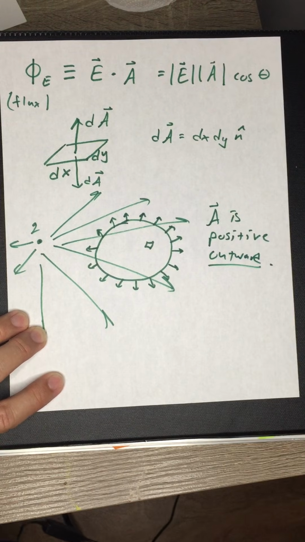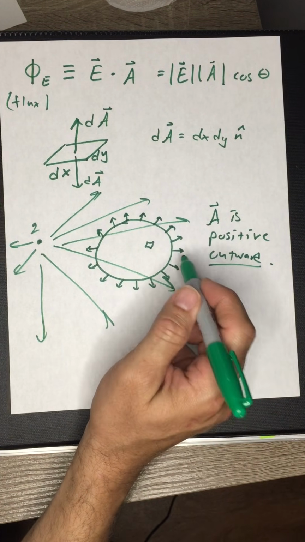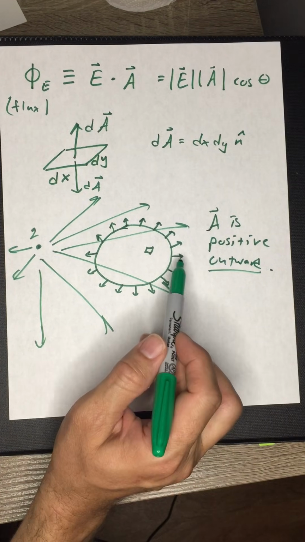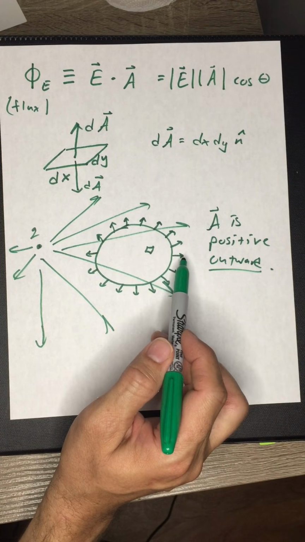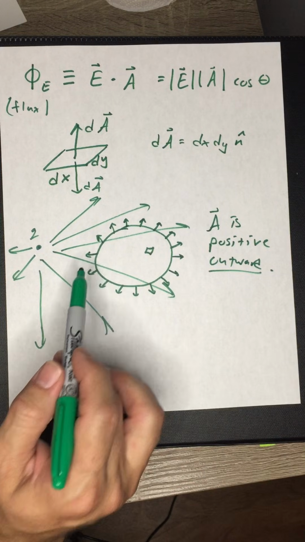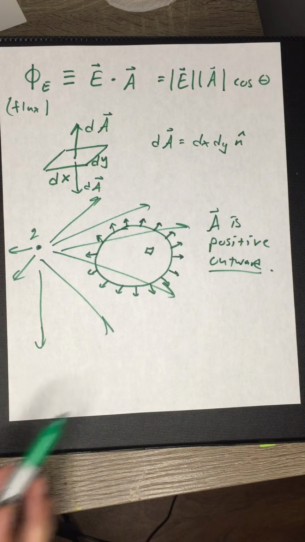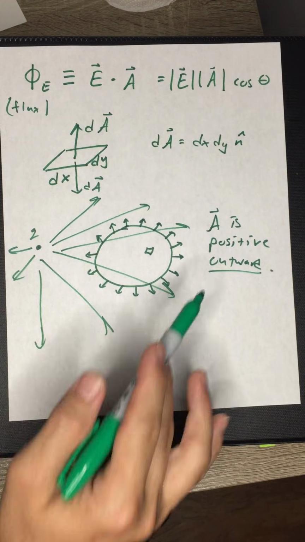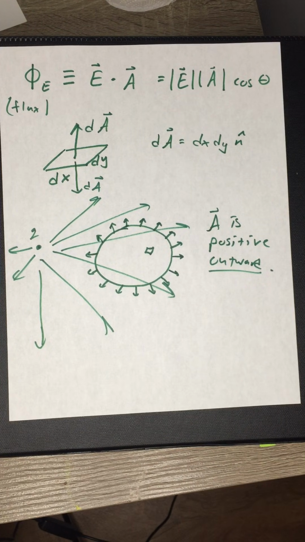Right? It's just a convention. So we're going to say that this is positive and this is positive. That does not then change the fact that the electric field and the area vector are parallel here and anti-parallel here. This has no effect on that. This is just a convention that we choose. But that in itself, the parallel anti-parallel, leads to some interesting